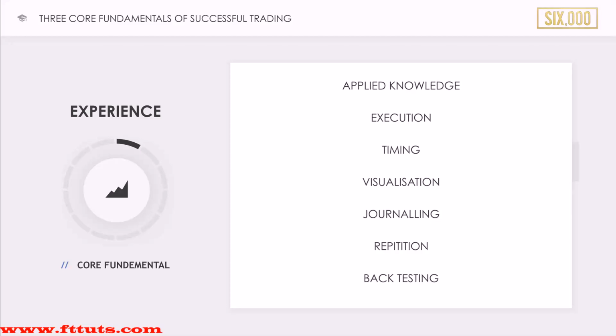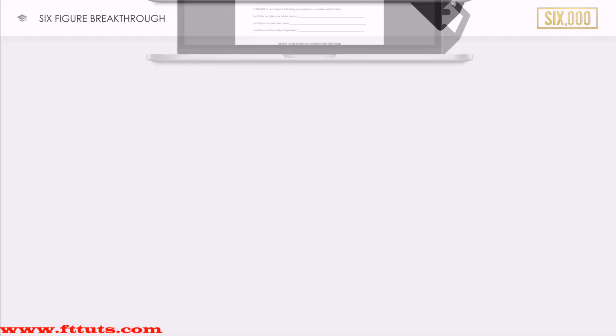And back testing, thankfully, I've done this for you. But let's say you want to develop a different strategy, or you want to use a part of my strategy and apply an indicator with it, then I would highly recommend back testing before you actually use it on a live account. So make sure it's profitable before you use it trading real money.